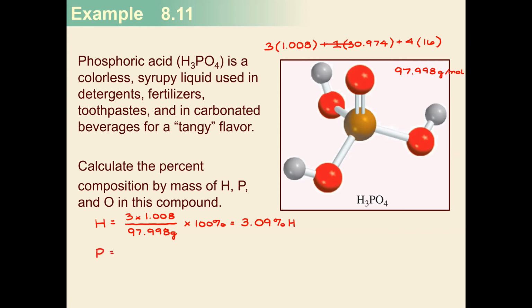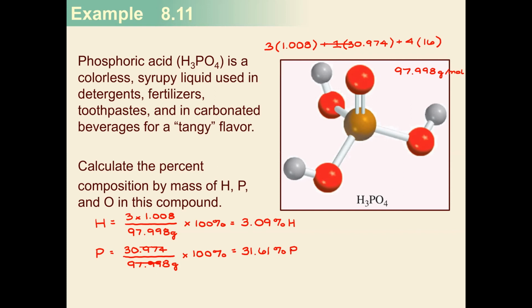So we have 1 atom of phosphorus, so that is going to be 30.974. Divide that by our 97.998. We will multiply that by 100%, and you will come to see that the percent composition that is phosphorus will now be 31.61%